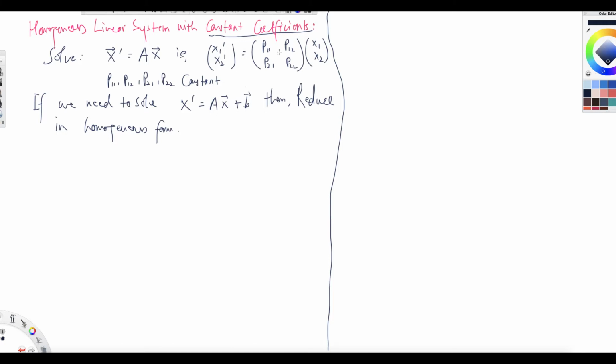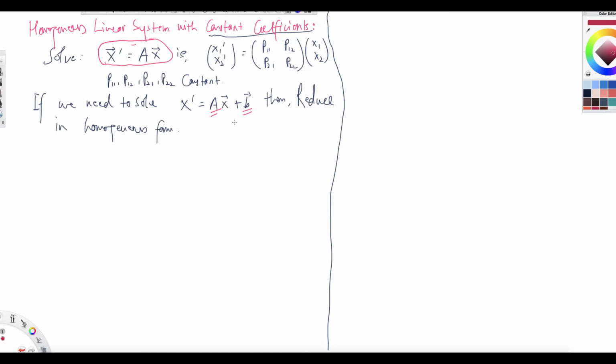So if the matrix A and the vector B are constant, how do we solve this? Basically, we will focus on how to solve the homogeneous case. You remember what type of system is called homogeneous? If x prime equals Ax, if the vector G, or the constant vector, is 0. But if we need to solve x prime equals Ax plus b, with a non-zero vector b,